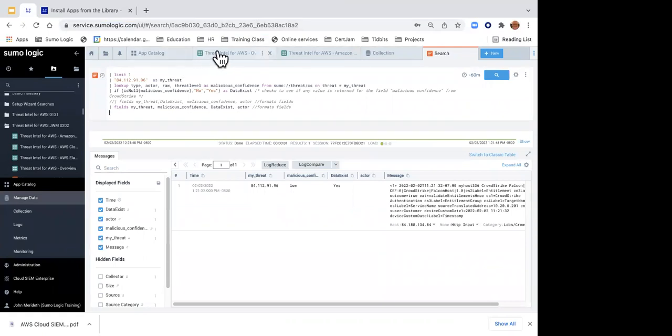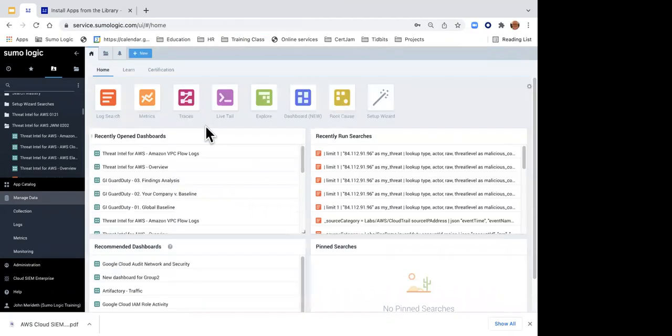Tell you what, I'm going to close up all these tabs. I can close them up individually one at a time, as I mentioned before, but I can also click on these three vertical dots and say close all tabs and reset them that way. Of course, if I wanted to save my query, I could have done that. I'll show you how to do that in just a minute.